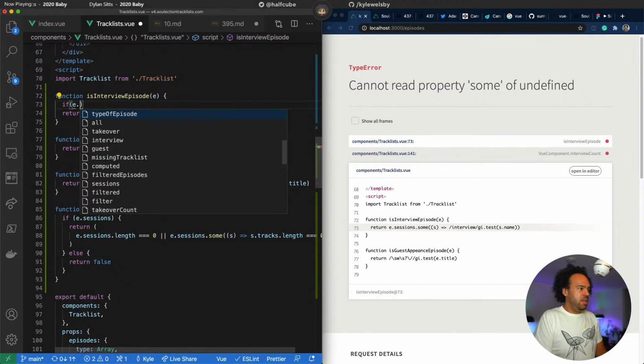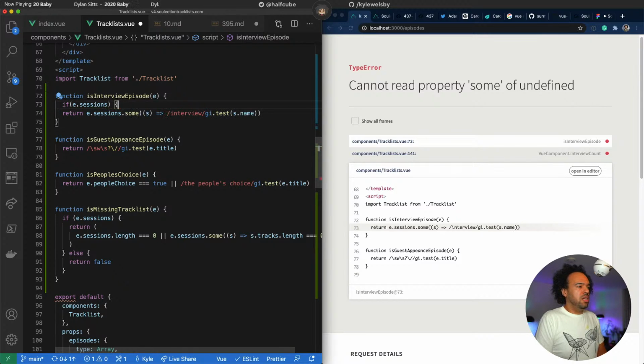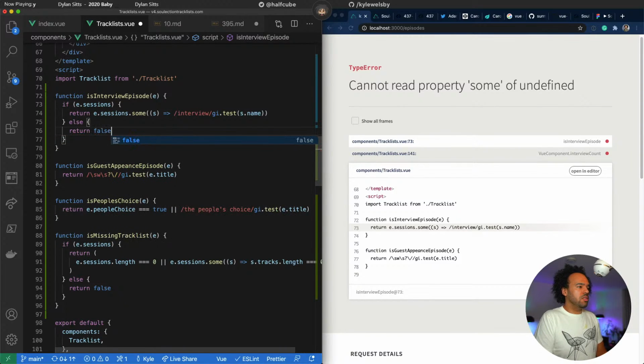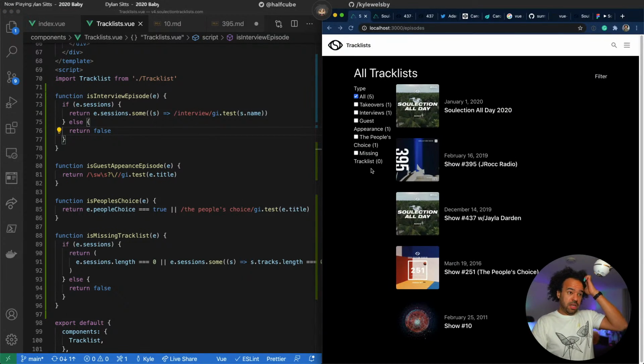If the sessions, I don't think there is an episode which doesn't contain that sessions part, but just in case, else return false. Yeah, we can refresh that page.